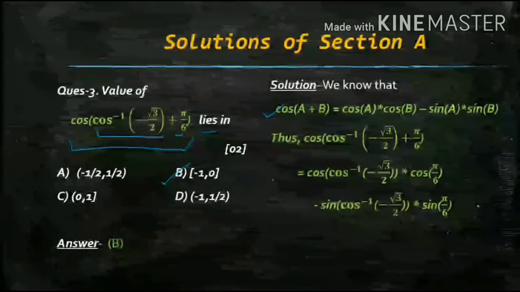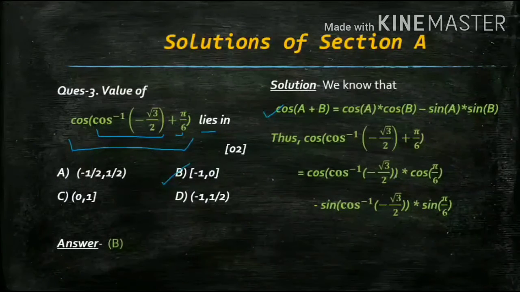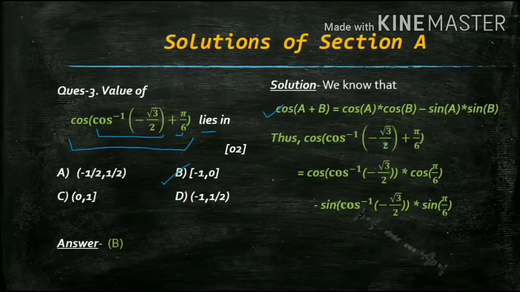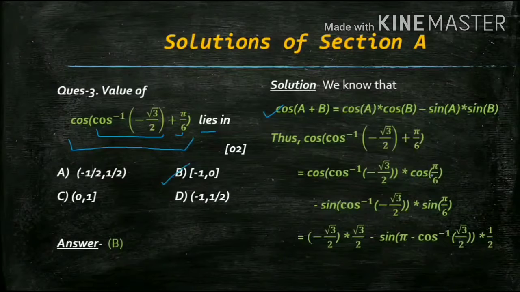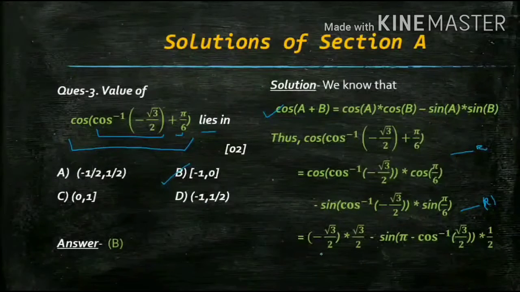Now just evaluate. So here you have cos of cos inverse x, and x belongs to the closed interval minus 1 comma 1. So you can write it like minus root 3 by 2 into root 3 by 2, which is nothing but cos pi by 6, minus. Now what do you do here? Cos inverse of minus x, you can write as pi minus cos inverse of x, because this x belongs to closed interval minus 1 comma 1. Reasoning you have to give at every step, over here also and over here also. You need not forget that. And sin pi by 6 is sin 30, which is half. Now you just solve this.